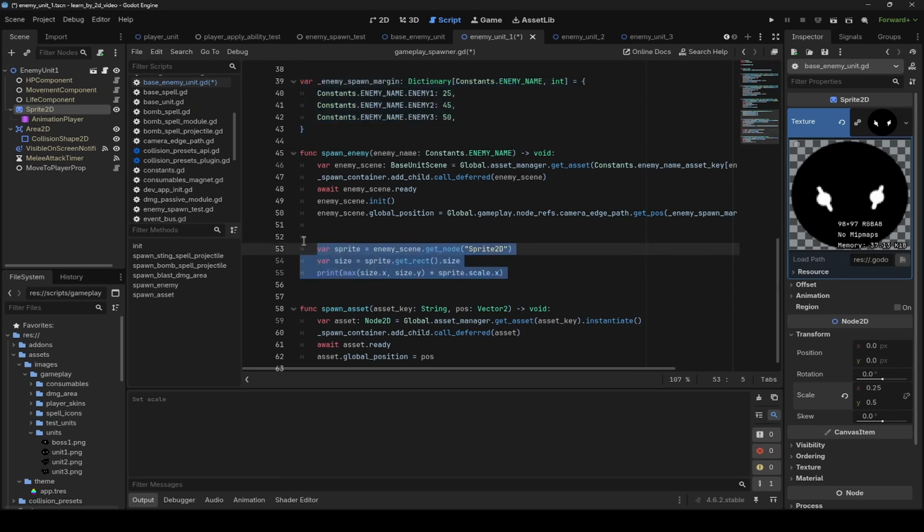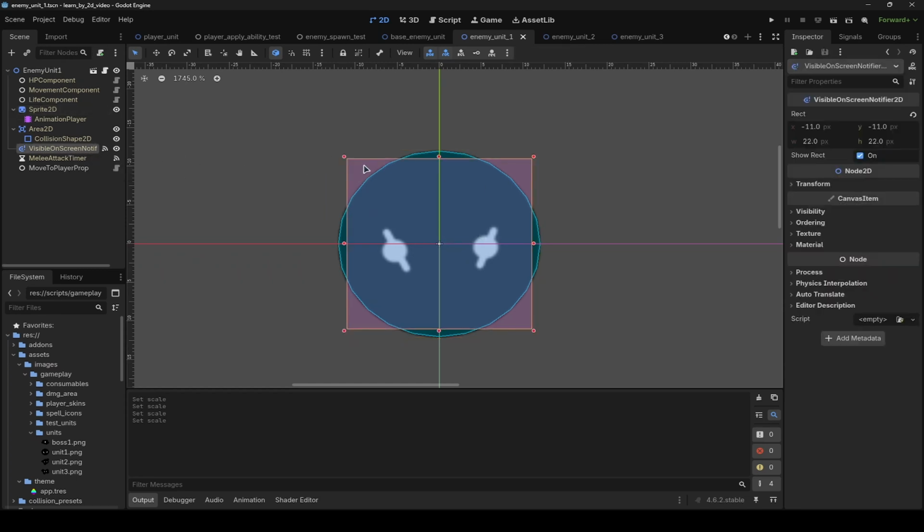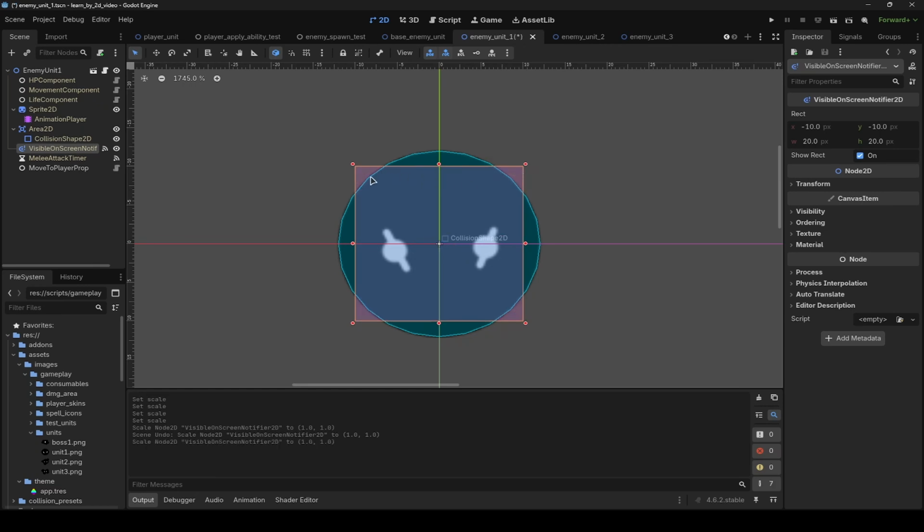But if you're gonna spawn a lot of enemies, really a lot, this could show up in your performance. And one more tiny thing, you need to adjust properly the visible on-screen modifier rect. And yeah, it's a rect. So if you use circle-shaped enemies like I do, you could be a bit confused. So what you should do is like this, and from this point the enemy will be considered visible, but also